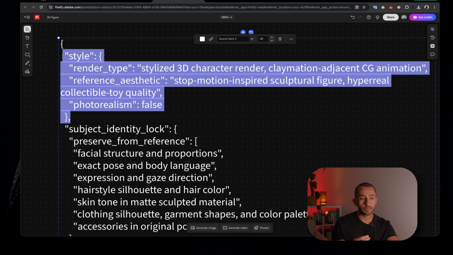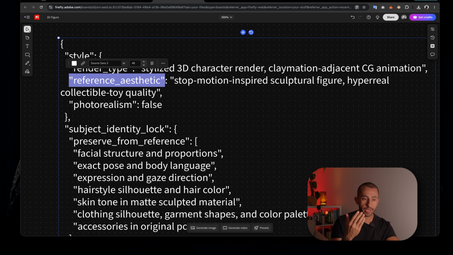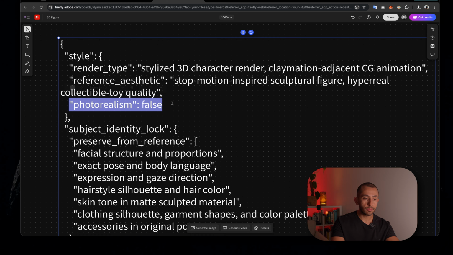And the beauty of JSON prompting is that whenever you use it, you can have different lines, you can indicate different intentions and different demands from your AI to command what you are looking for, what you want, and what you are expecting to see in the end of the day. So I have two parameters that I indicate to my AI: render type and also reference static. Both of these parameters have been indicated to AI, and I also made a negative parameter to say what I don't want, because